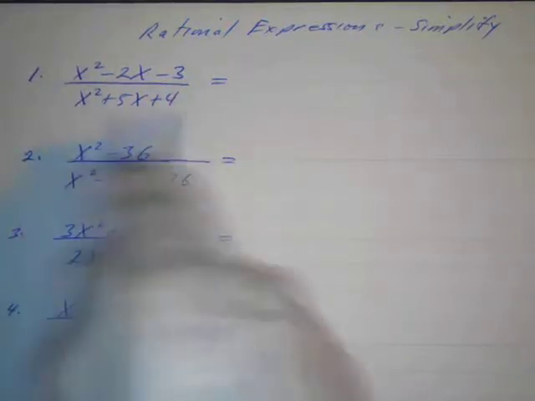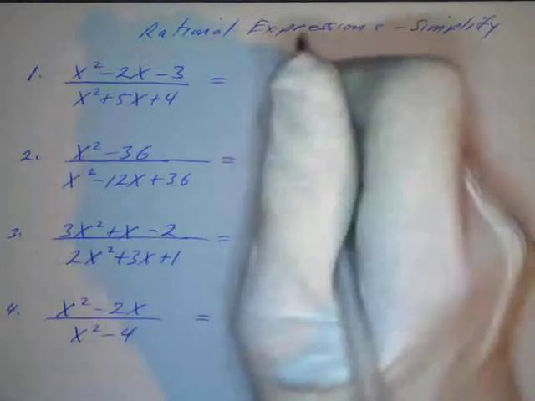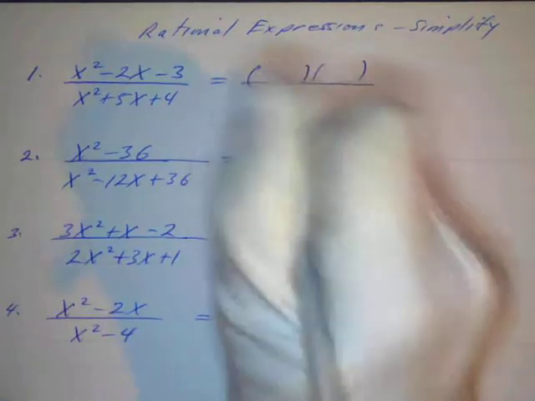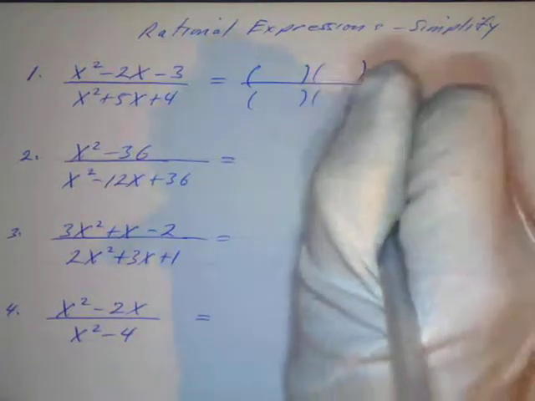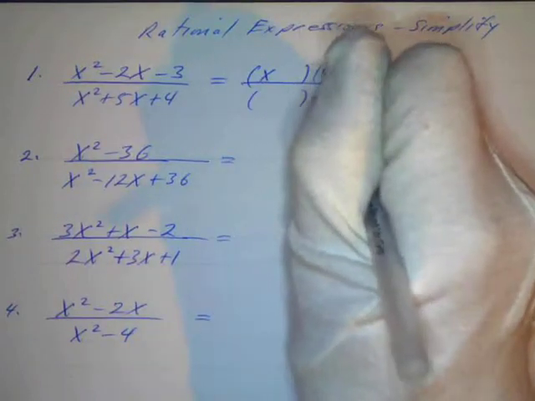example, we've got two simple trinomials, and I think we can factor both of those, and then if we have common factors, we can remove those or make them 1 over 1, which is 1. So this is going to be something like this. When we look at our simple trinomials, we know x times x is x squared, so